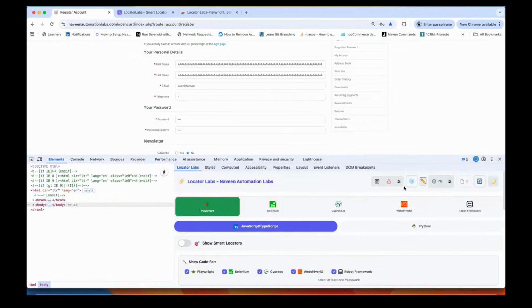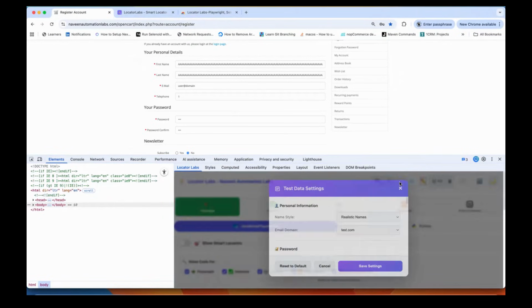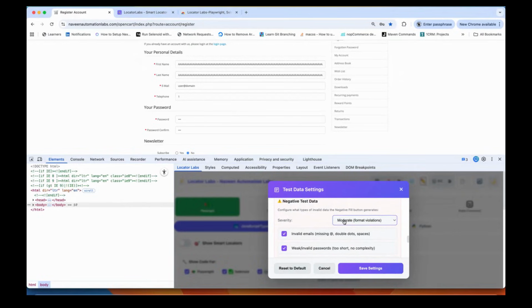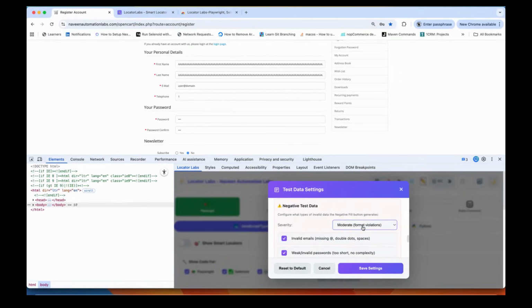But what we have done, you go to this particular settings here, and then you slightly scroll down. For the negative test data point of view, you can increase the complexity as well for the negative data. For example, it says moderate. Right now, the negative test data is moderate. Okay, format violations. So we want aggressive, like proper injection in strings, like cross-site scripting, some SQL injection, also security testing. Also, if I really want to do that, now I'm going to select this particular option and click on